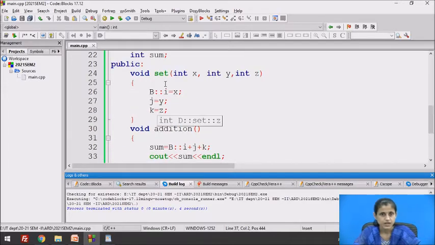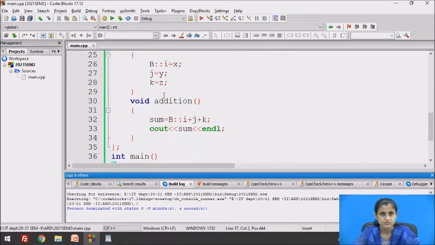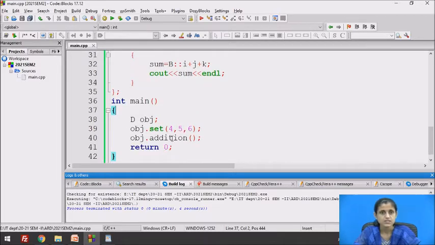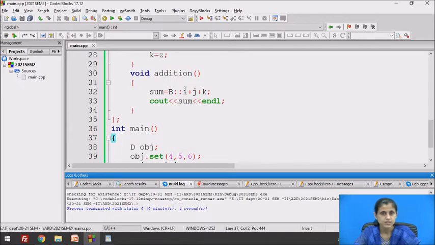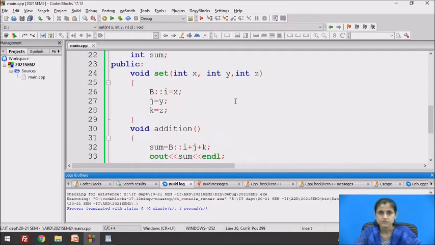Here I from class B is considered and addition function is called, which adds the values of i, j and k and displays the sum. So 4 plus 5 plus 6 is 15, that is displayed. This was the first technique by using scope resolution operator.